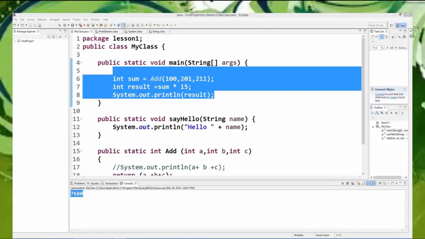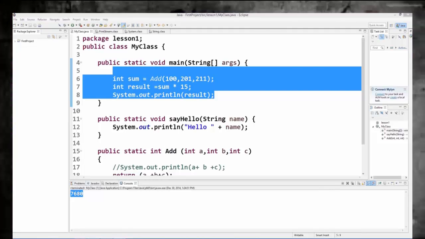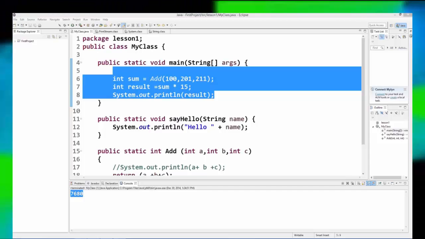So I hope you have understood the basic concept of taking parameters or passing parameters to a method and returning